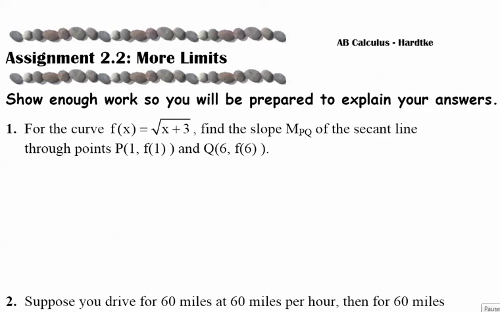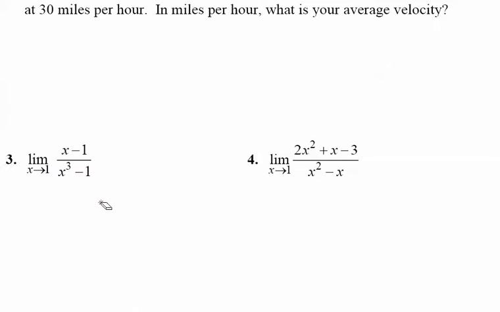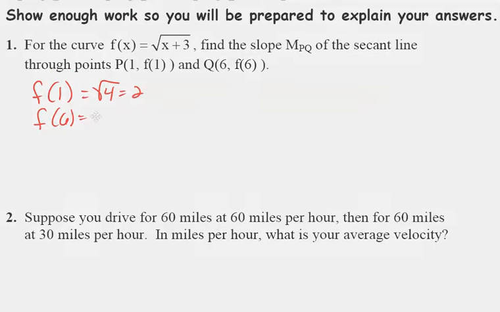All right, most of these problems should seem pretty familiar from our notes on limits or problems that we've done earlier in the unit. So in question number 1, first we're going to find the slope of a secant. So we have to find out our y coordinates. So f of 1 would be equal to a y coordinate of 2, and f of 6, sorry, let me try scrolling back there, f of 6 would give us the square root of 9. So we've now got our two ordered pairs, and the slope of the secant